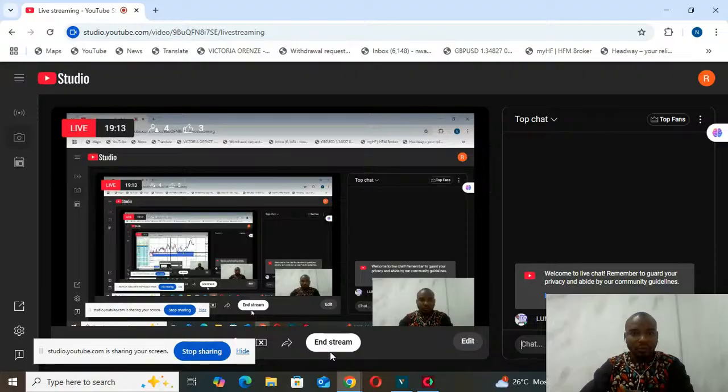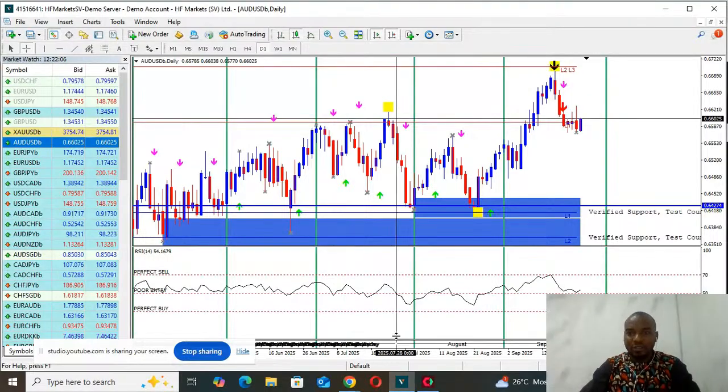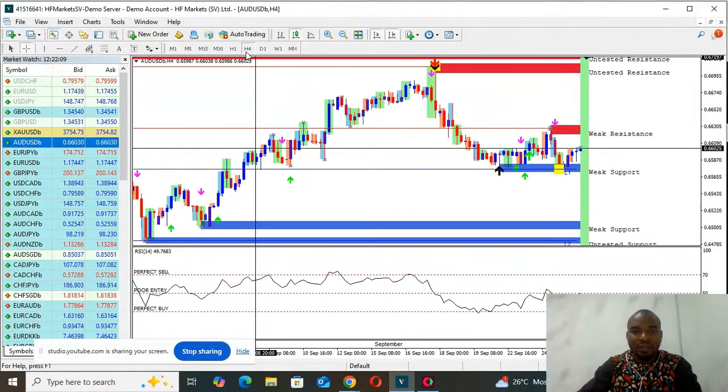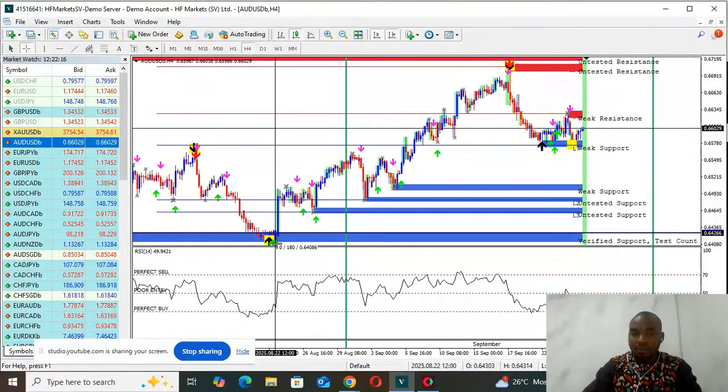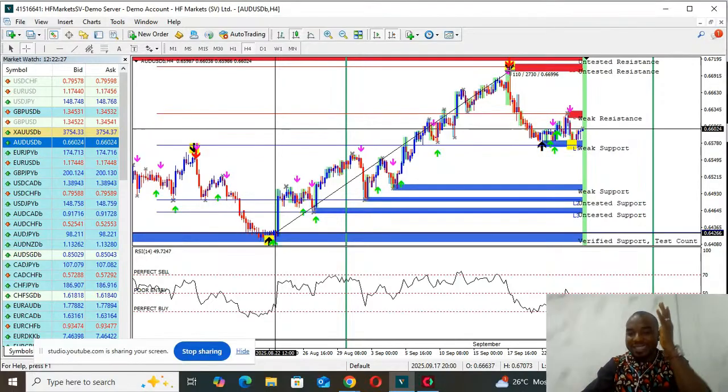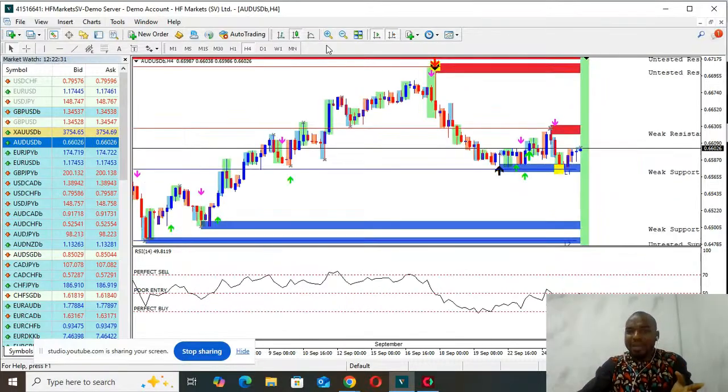So let me run on. See it over here. I go to 4 hours, and that's our 4 hours alert. Bam, stop loss 17 pips, right? The market did not stop until it came to here, 273 pips. So between 28th of August till around 17th of September, one pair gave you 273 pips. And remember, you're not going to stop there, right?